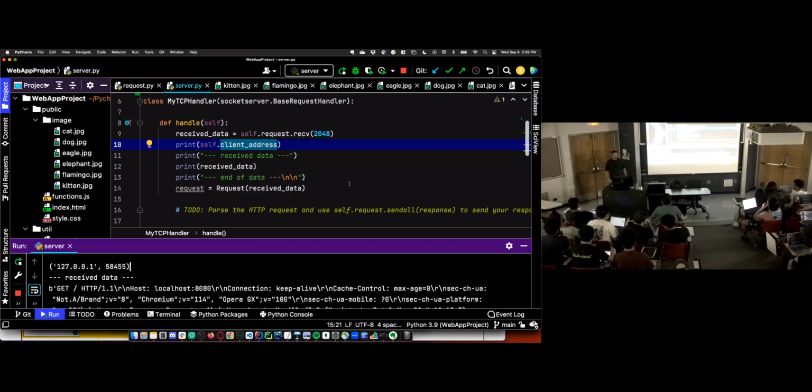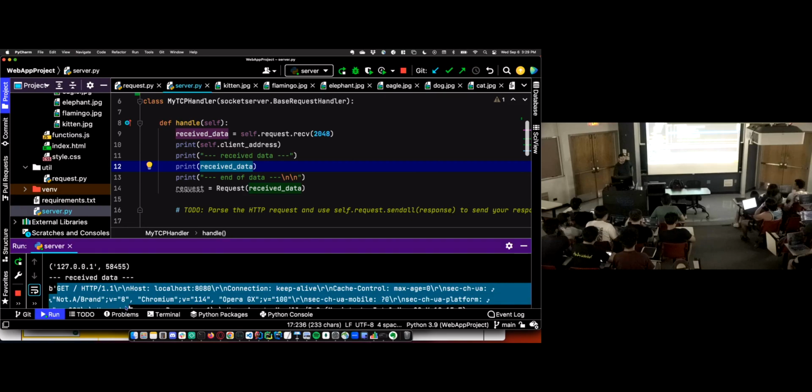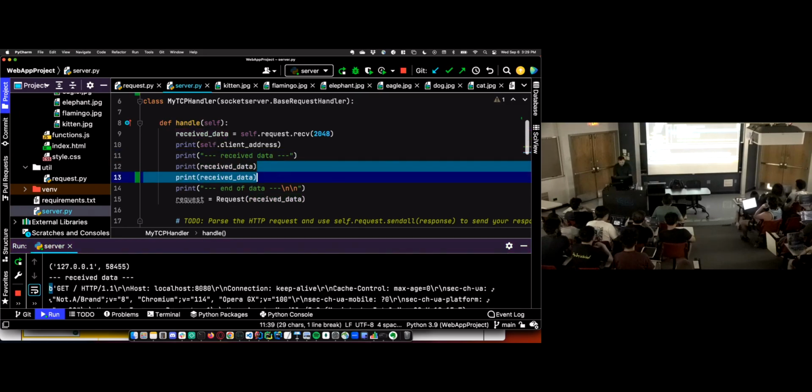JSON, we'll throw that one in there. And then I'm printing the actual data we received. That's the HTTP request. And notice this B right here. This is a byte array or a byte string. It's being printed as a byte string. This is not an actual Python string at this point. If we want to print it as a Python string, I'm going to